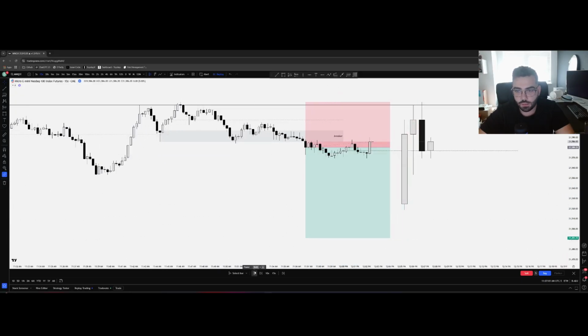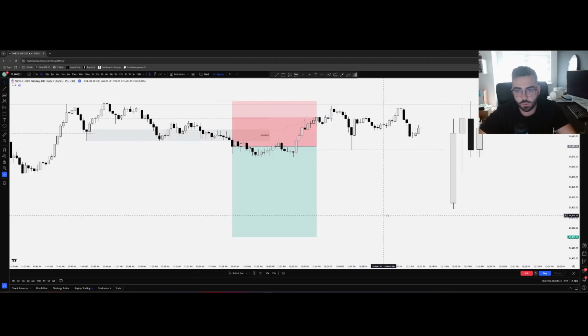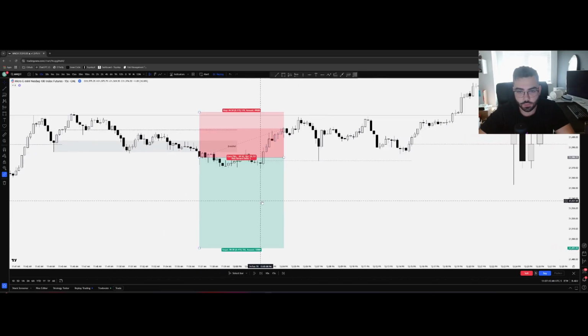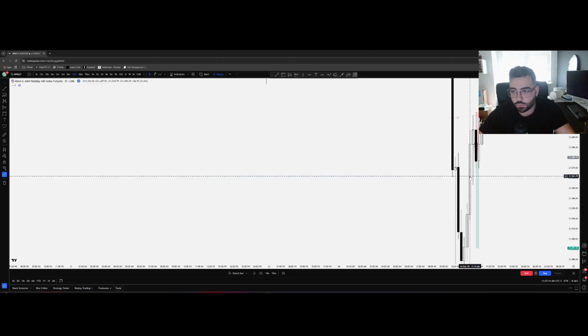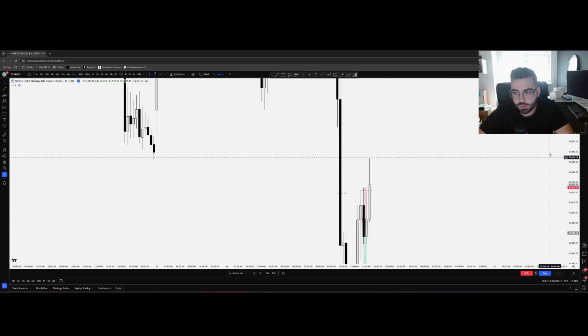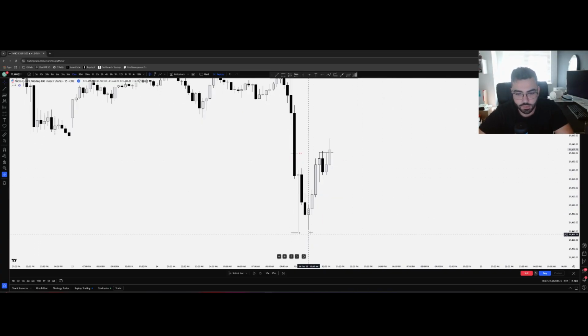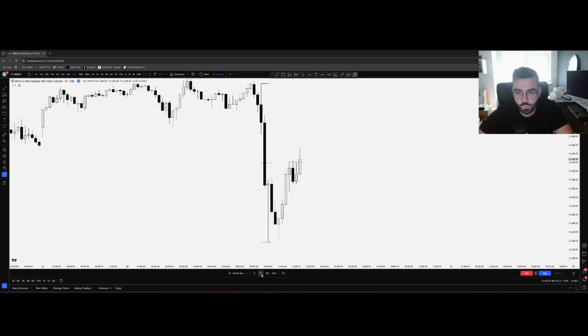This is a failed setup because of the lack of macro manipulation. Now, there are times where it will go, and that's okay. You can just let those go without you. Sometimes it'll purge at XX47, and then it'll just run away. Those are the trades that I can let run without me, because they do not follow the model in my perception of time when it comes to these reversals or continuations.